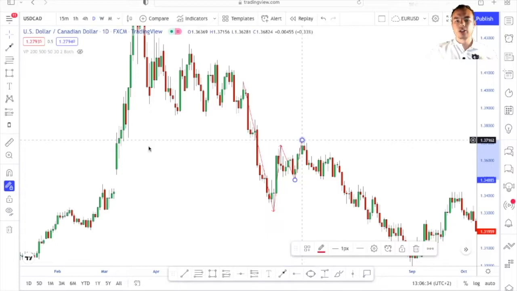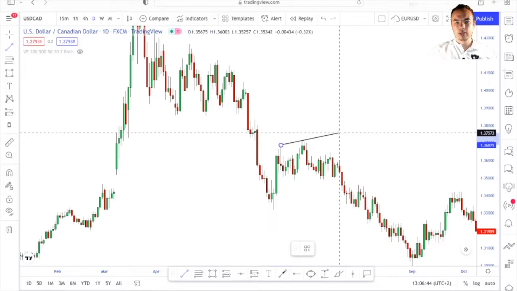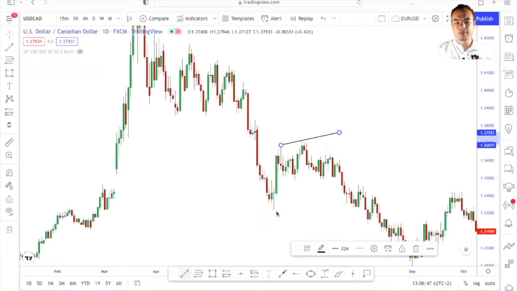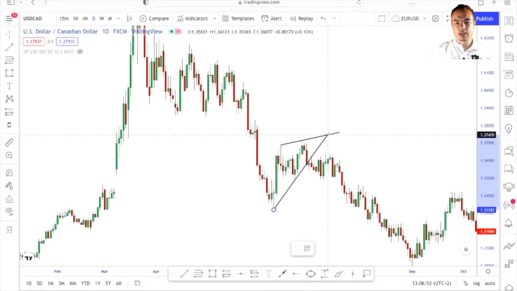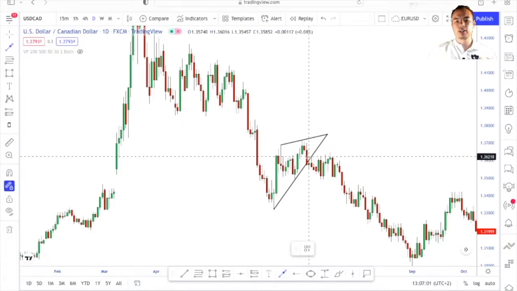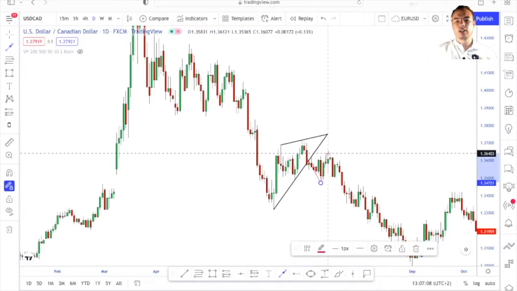Okay, so if I remove these drawings and I put trend lines, that's the first point, there's the second point. And then at the bottom, here's the first point, here's the second point. So as you can see, this is a rising wedge. So here's the breakout, it formed the lower low, came to retest, lower high, and then over here you would have sold,